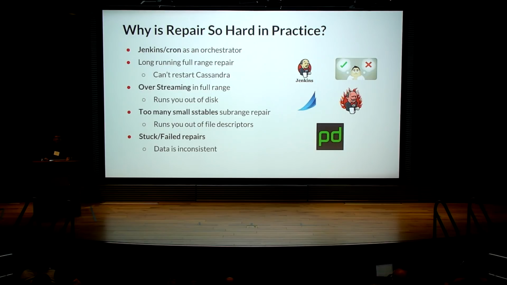So maybe you build monitoring on top of it, so that you are monitoring your Jenkins or your cron scheduler all the time. Now this monitoring system also has loopholes, because it's not resilient to network glitches, or to partitions. As a result, you get pages, and most of the time those pages could be false positives. And when these long-running repairs fail, they need manual intervention for you to restart and resume the failed repairs.